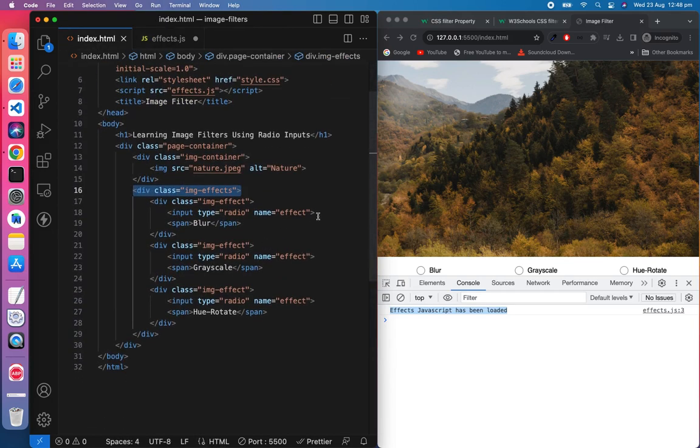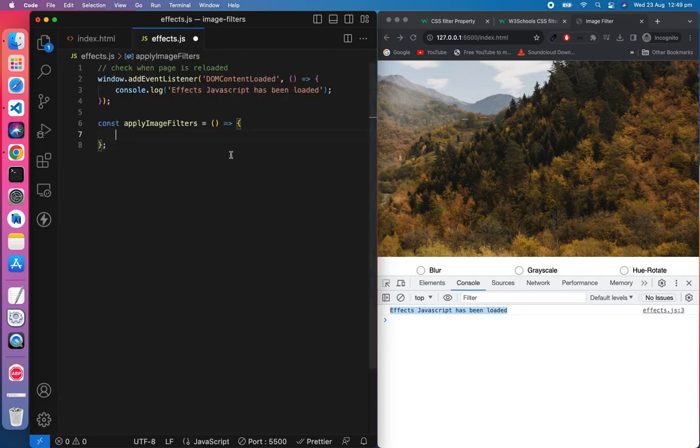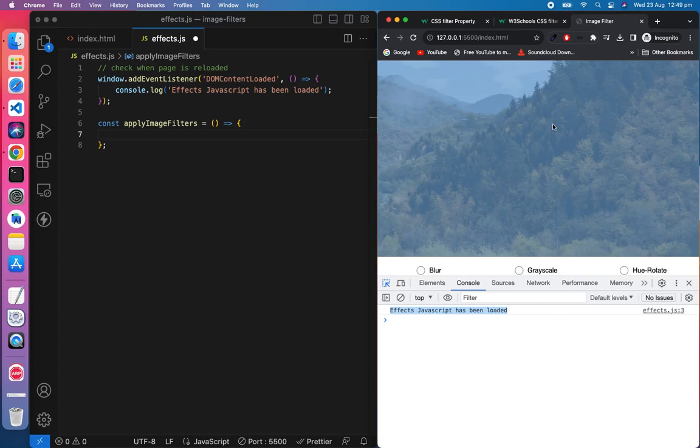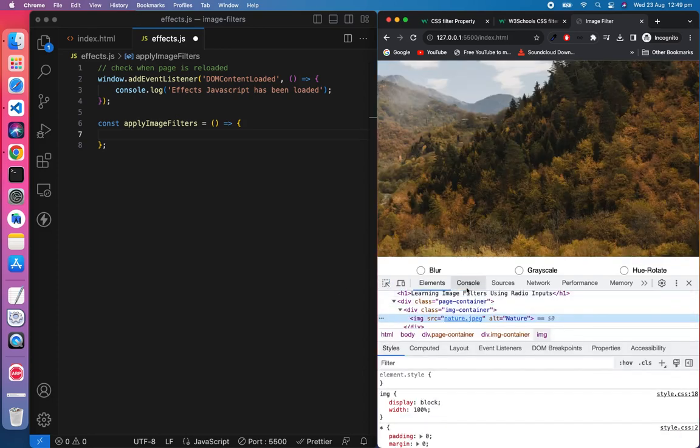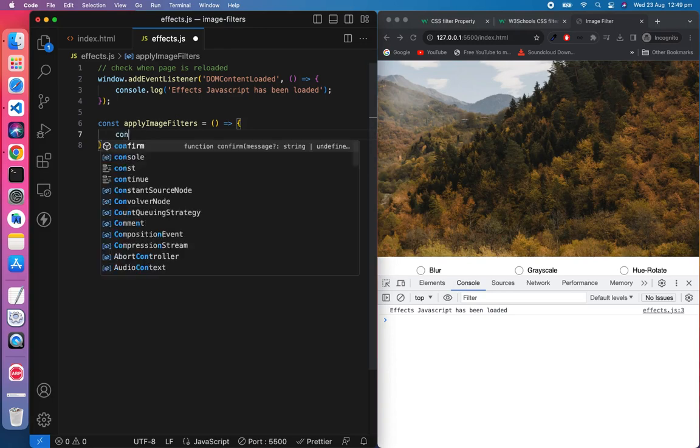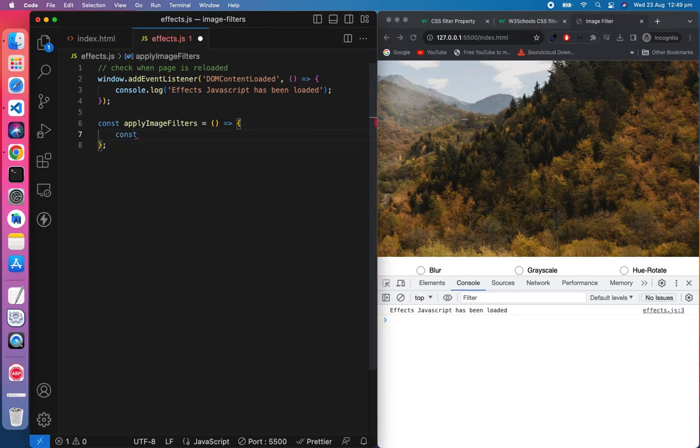Obviously we want to target these inputs right here. So what do we do now? We query, so we talk to the document, i.e. this window. This is the document here, right? So we talk to the document using JavaScript. How do we do that? Let's go constant